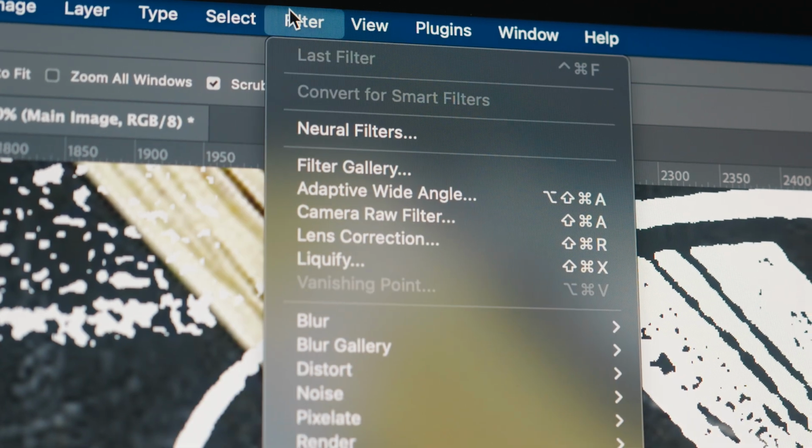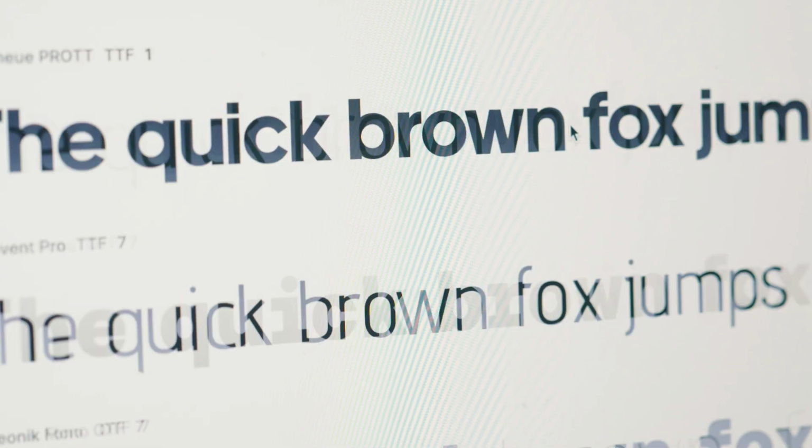Having great looking designs isn't just about looking good, it's about mastering and nailing down the fundamentals. And that's where a lot of designers kind of miss the mark. They just go into it thinking, let's just throw some stuff into Photoshop, Illustrator, make it look cool and post it. But there's so much more that you have to understand as a designer to be truly great